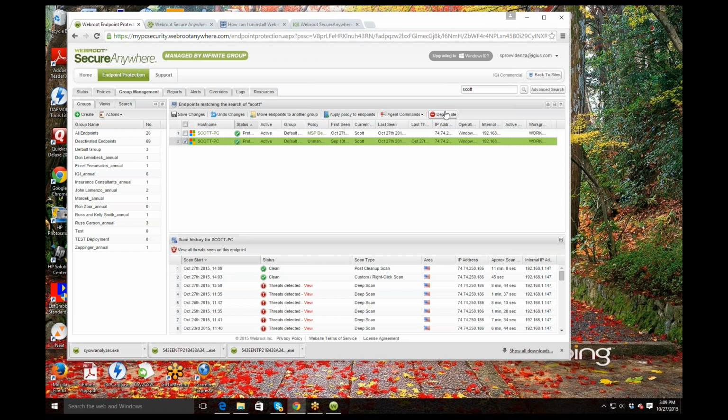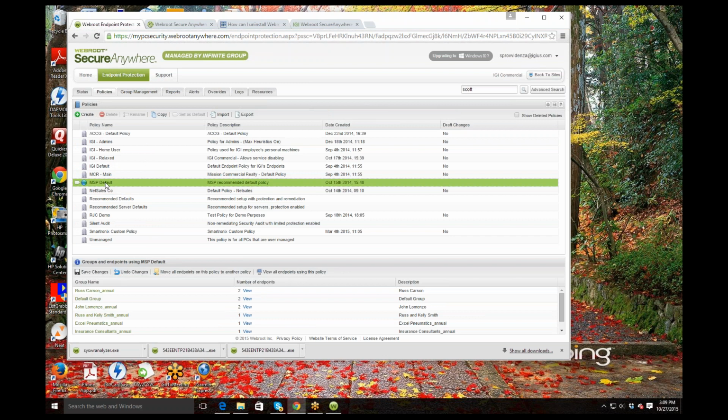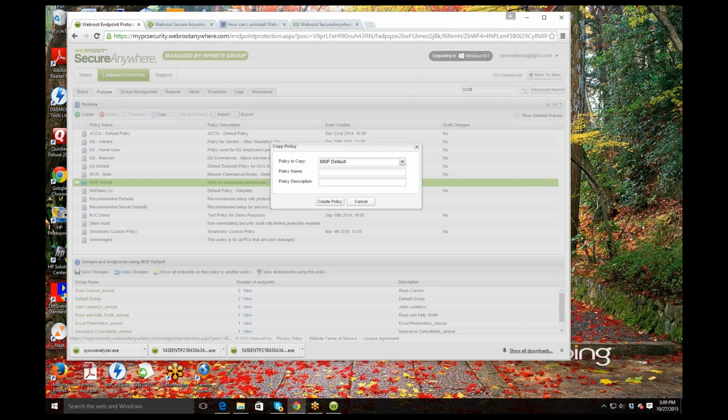So that would be the methodology and the different configurations for detecting and monitoring and introducing a potential customer to the Webroot product. The second category I want to talk about in our presentation today would be the policy settings. I kind of touched on the policy settings in the selling of it, but in the policy settings, if you use a variation of the MSP default policy that every dashboard has, you can highlight this, create a copy of it, call it whatever you want,